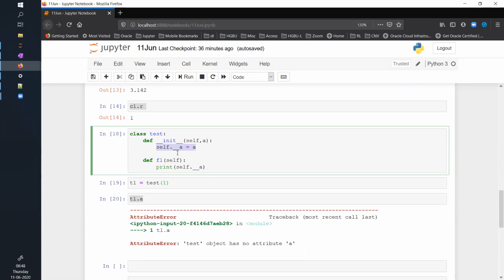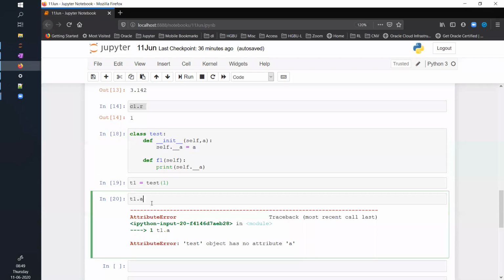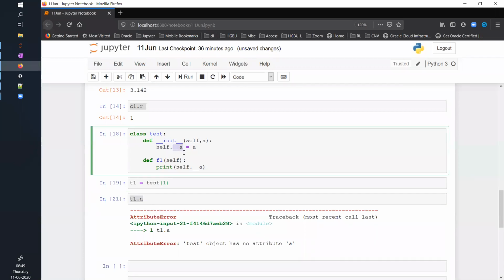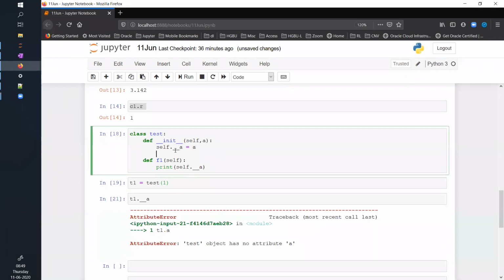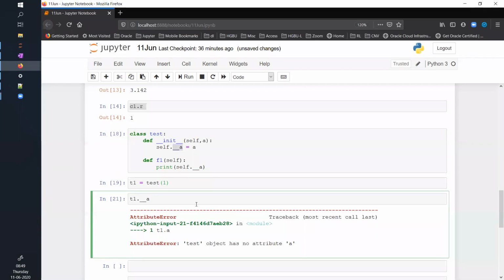To do that, I made those attributes private here. With a double underscore, you can make any attribute private. Now if you see this, t1 = Test(1), and if you try to access t1.a directly, you will get an error because a is private here because of this double underscore. Now you will say, why don't you use the double underscore too? Let me do that also, because you may think the attribute name has the double underscore and I'm using just a, which is why it was failing. So let's use the double underscore and see what happens.